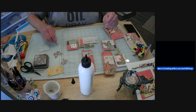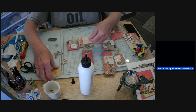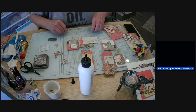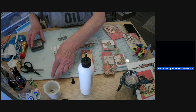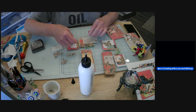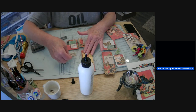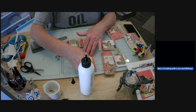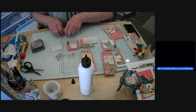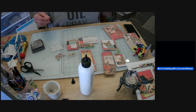And let's see. This one actually, I'm thinking I might like this on it. I do like that on it. And I'm not going to be using all these pieces, I can tell already. So I can do that on there. That on there. I mean, I'm just using them to be using them now, and it's not necessary, but I like it, so let's do it. So this one